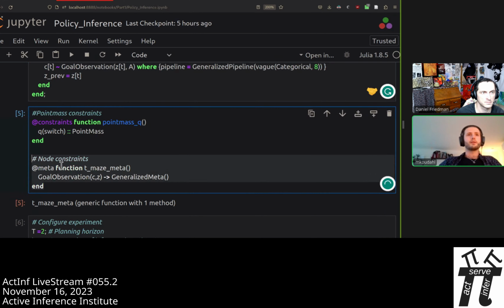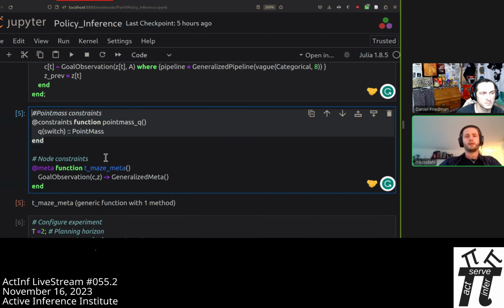This is another little bit of plumbing. These are optional constraints that we are going to introduce later. What this basically says is that we want to point mask constrain the switch variables, the indicators. So instead of saying I'm indifferent between going to 2 and 3, I put equal probability on them, we're forcing the agent to make a choice. We're saying you can only pick one. And this is identical to having a point mask constraint or a delta constraint as described in part 1. That's what this thing does.